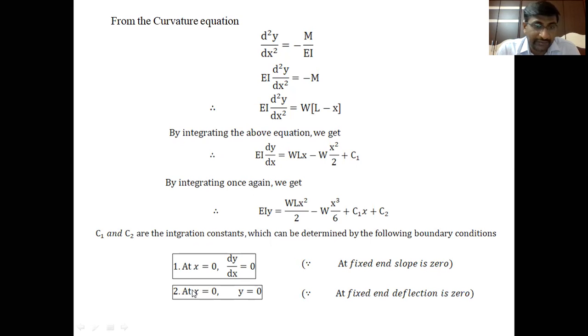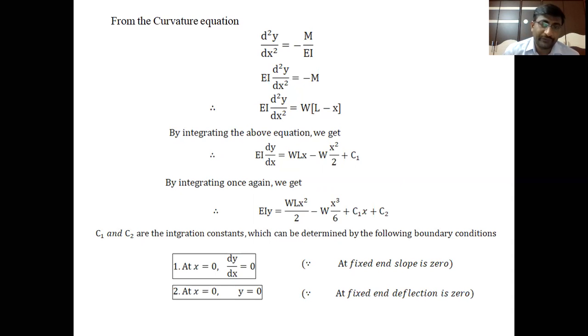Second boundary condition: at x is equal to 0, again at the fixed end, the deflection is also 0. So y is 0 at x is equal to 0. These are the two boundary conditions generally taken for the cantilever beam. After applying these two boundary conditions into our derived slope and deflection equations, we will get the constants